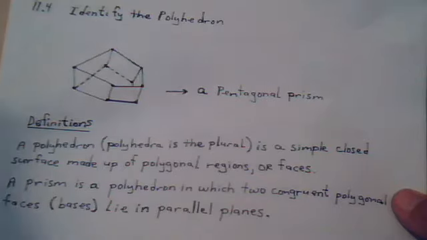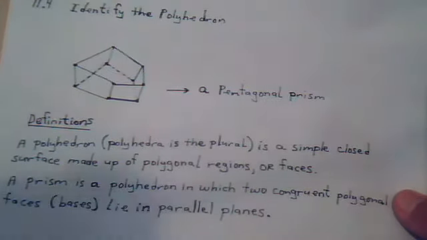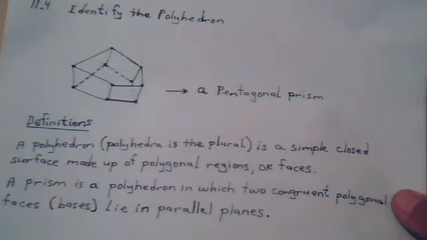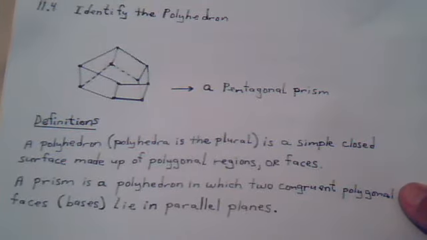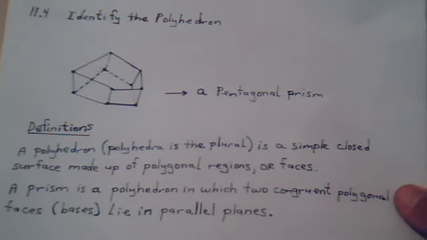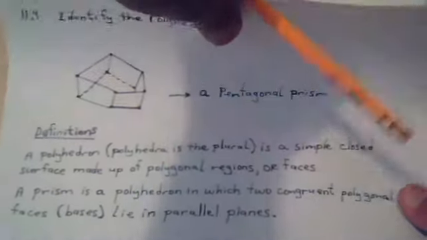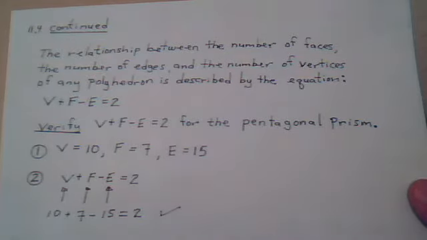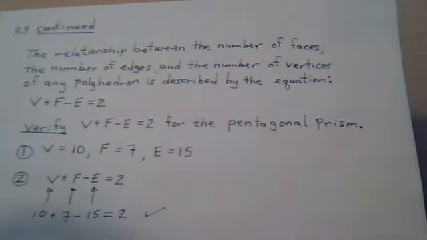Now some definitions. A polyhedron, or polyhedra in the plural, is a simple closed surface made of polygonal regions or faces. A prism is a polyhedron in which two congruent polygonal faces or bases lie in parallel planes. The relationship between the number of faces, the number of edges, and the number of vertices of any polyhedron is described by this equation. So let's go back to our polygonal prism